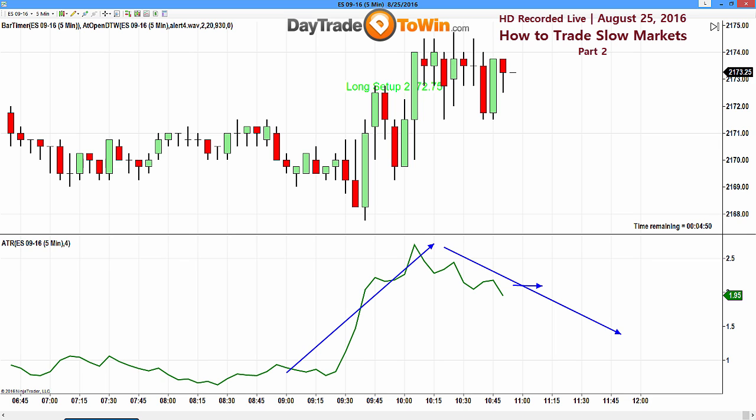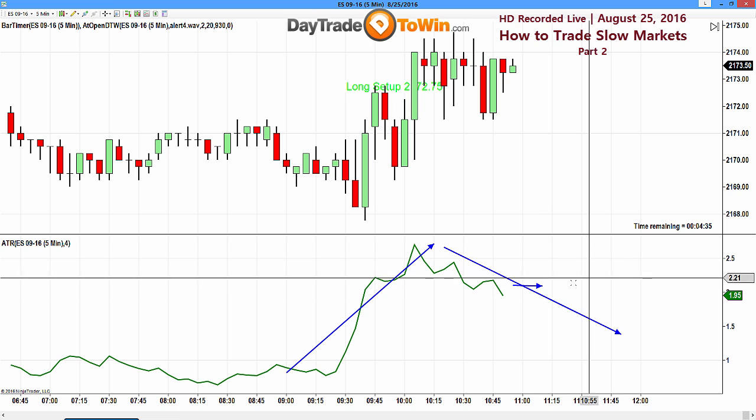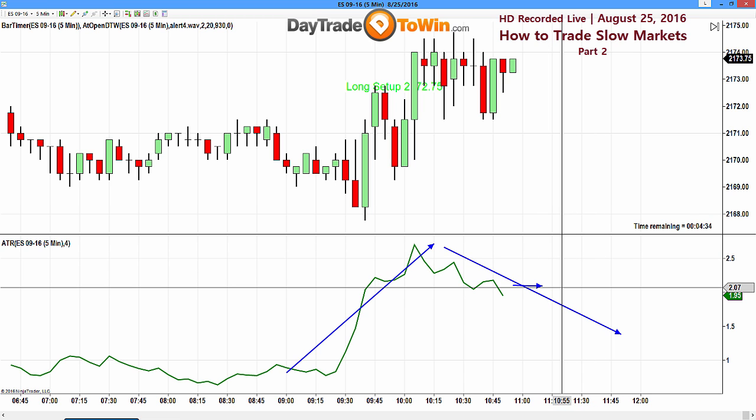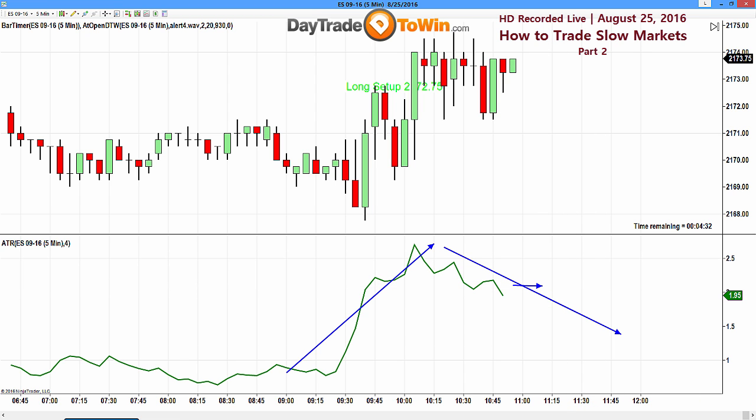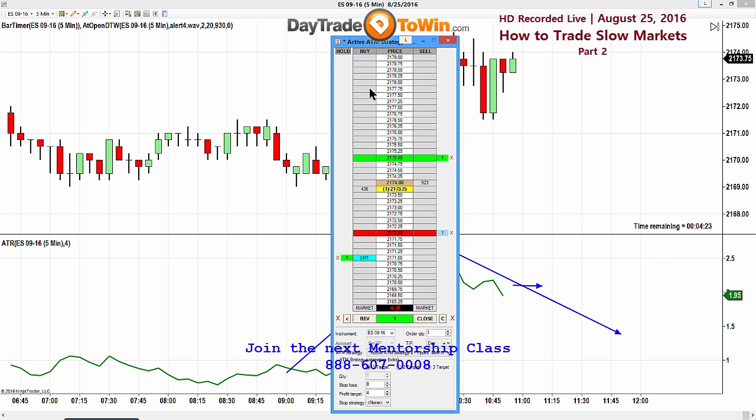We manage slow markets by front running, by immediately putting your stop where you entered. If it touches your target and you don't get filled, you also can use MIT orders, and always be conservative, knowing that the ATR is at this price, and if it's at 2 points, you may want to take instead 1 3/4. So instead of 8 ticks, 7 ticks. That's one way to ensure that you get filled. Oh, I must have had this here. Let me just close this out. Target filled. Okay.